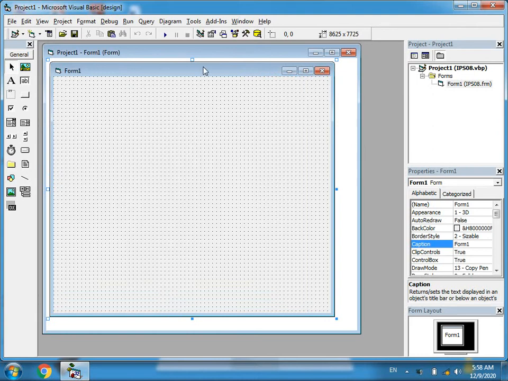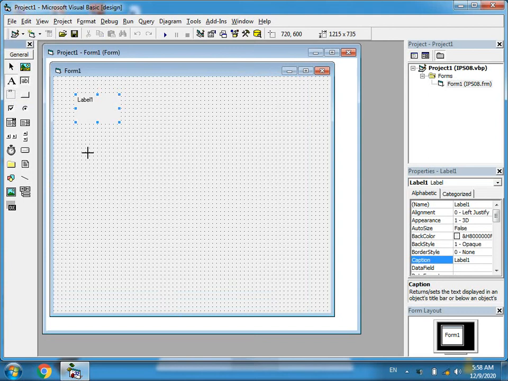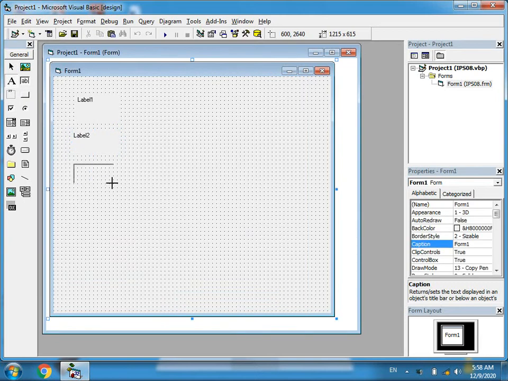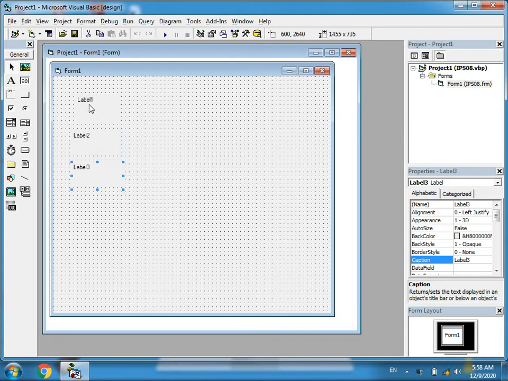Now I will take the label. I will take Label1, Label2, and Label3. So in this way, I will take the three labels from the toolbar: Label1, Label2, and Label3, and then the text box.